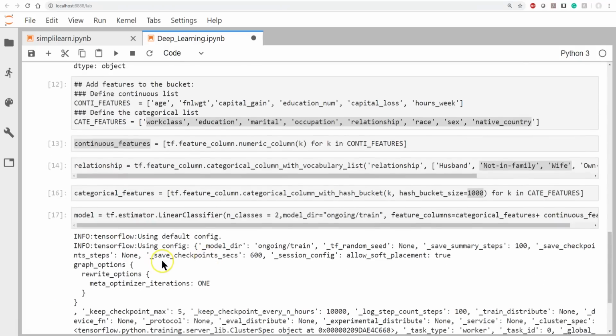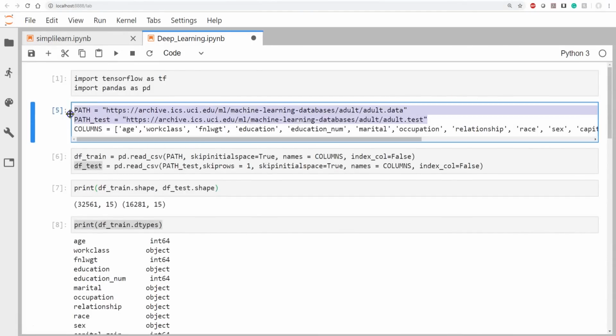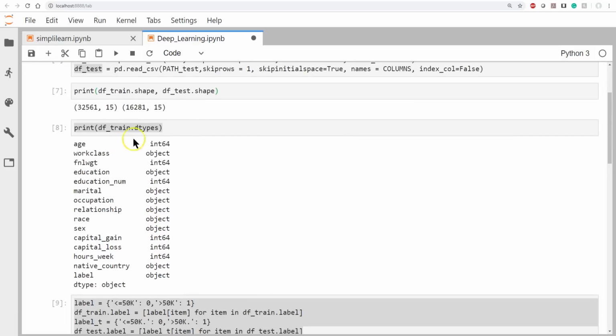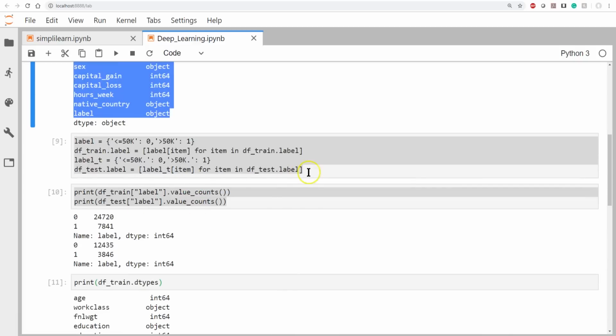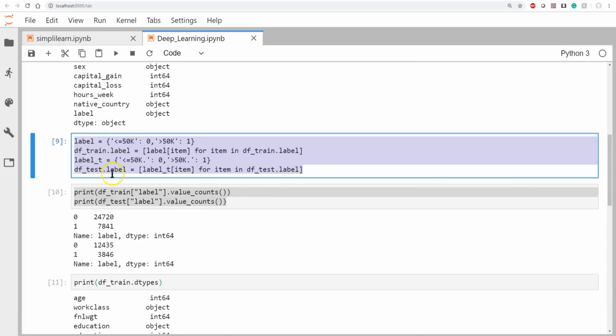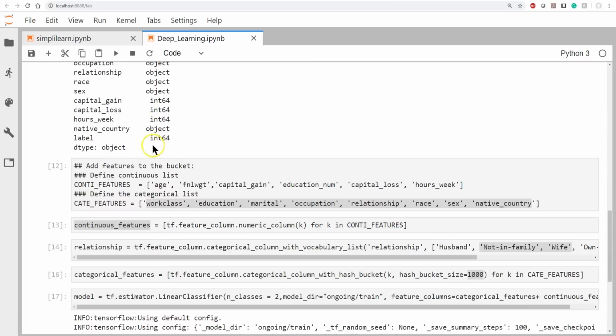So let's just do a real quick rehash of what we've done so far. We started off by grabbing some data, in this case adult and adult test. We have a training data set and a test data set. We set the columns up. We took a very short, brief exploration of the data and its shape, as far as what we're working with. We changed our label around a little bit so that it makes more sense as 0, 1, since for the machine it's easier to spit out a 0 or a 1. We double check how many zeros and ones we have, and double check our data, making sure it's int64 and nothing weird's going on.